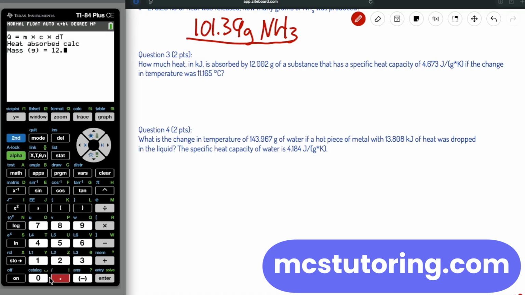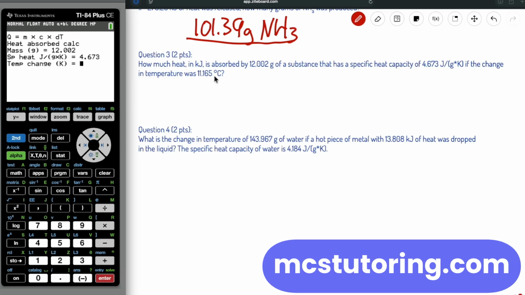12.002. There we go. And then specific heat, also known as specific heat capacity or heat capacity. I know people argue about terms. They probably shouldn't. That's being a little pedantic here. We're going to do that in its same units here. Temperature change in Kelvin. Now look,